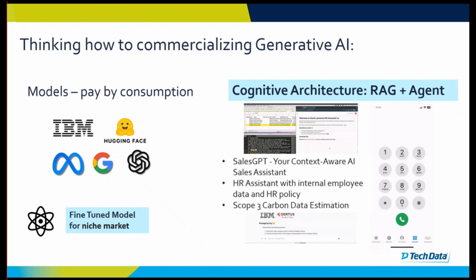The third one is Scope 3 carbon data estimation. Similar idea. The tool we provided is a calculator. The knowledge we provided is how to categorize different supply chain activities into specific categories. Then you use some formula to do the calculation. So after you give this tool, give the knowledge, and also give some instructions on how the model should perform, that is the agent you created.